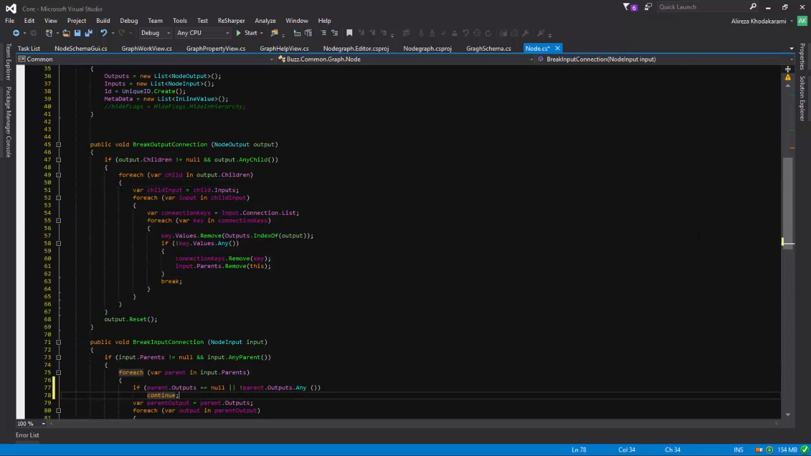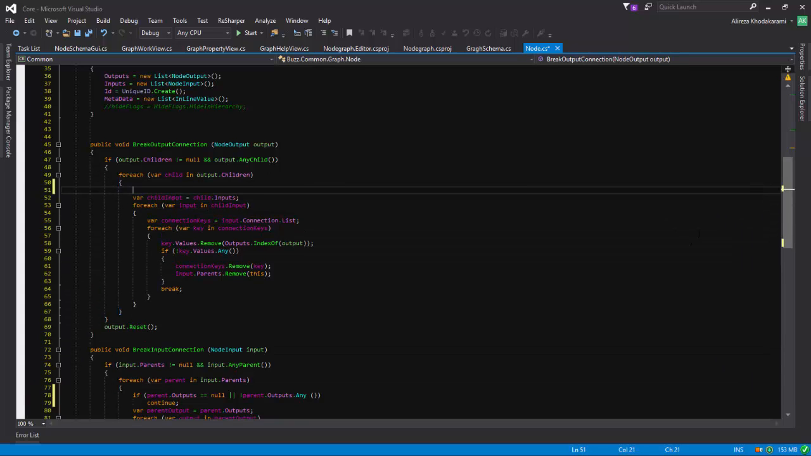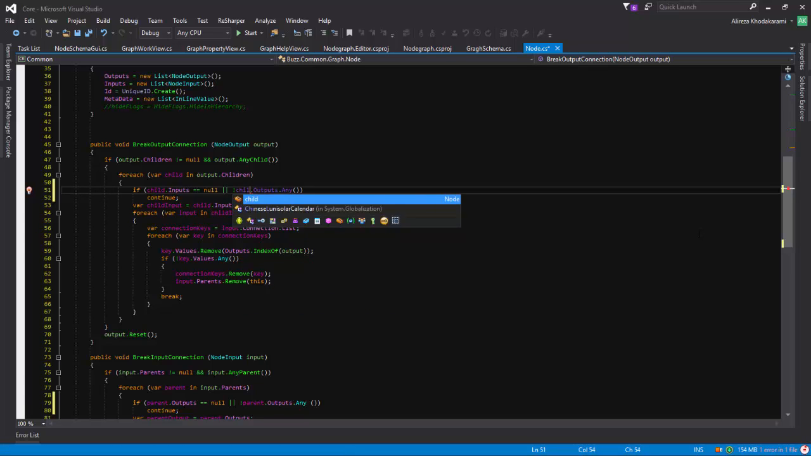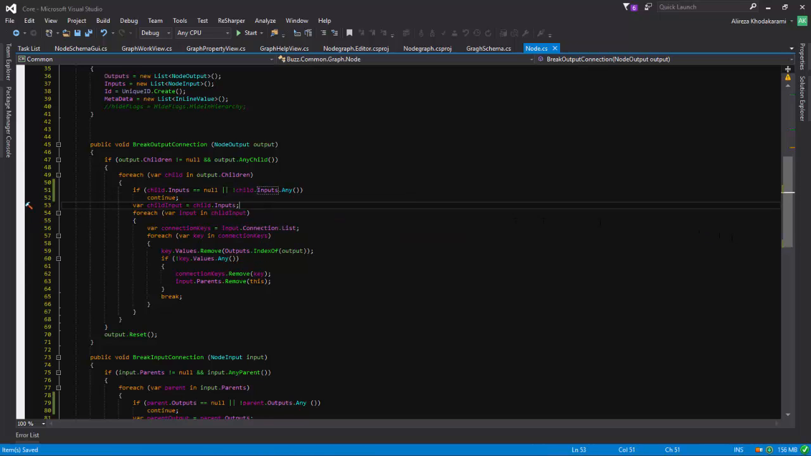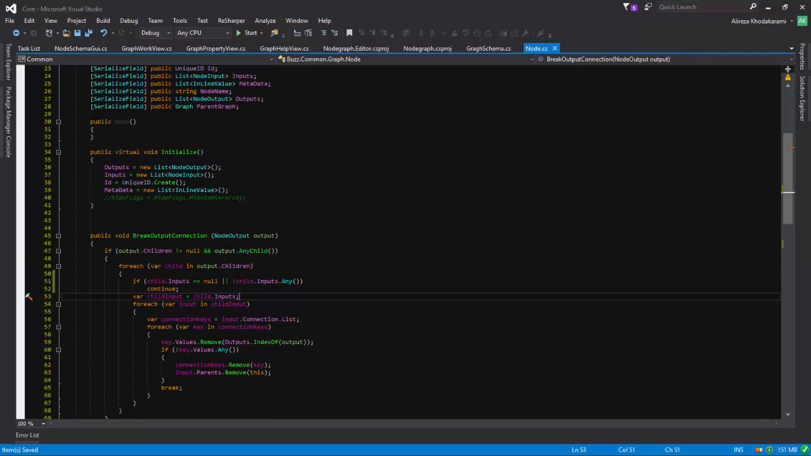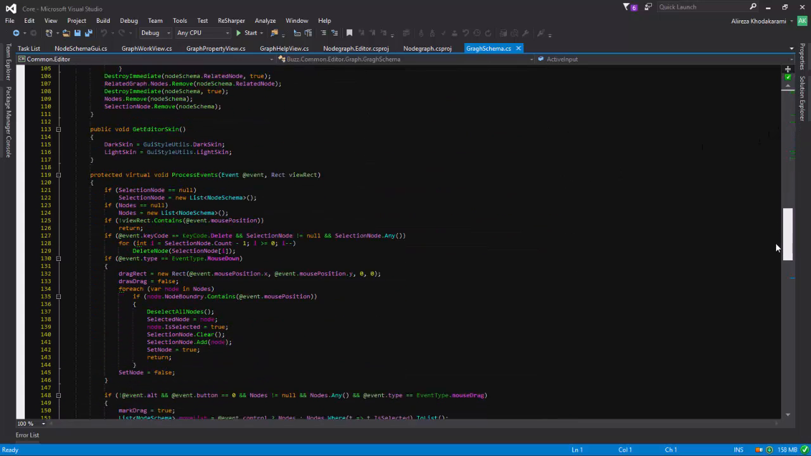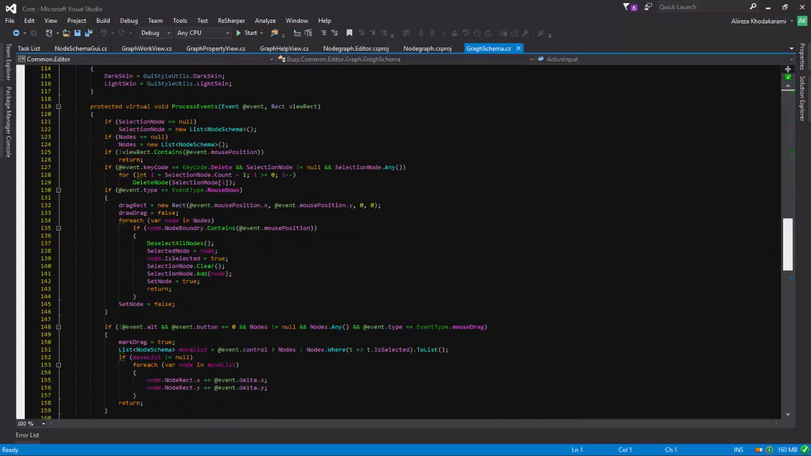So I will copy this guy, paste it here, but here we should say if child dot inputs equals null or not child dot inputs dot any, continue. That should solve the null pointer exception. Now, the other one is, I think I put a to-do somewhere, maybe not, because I got a crash